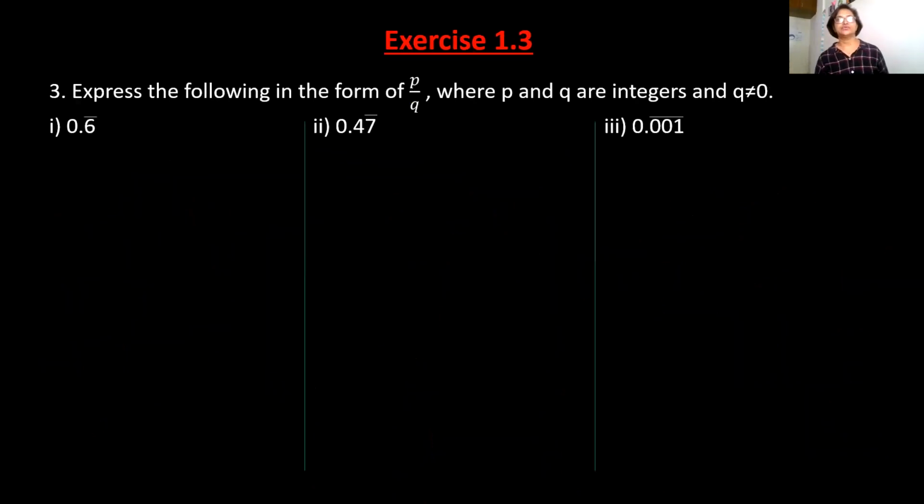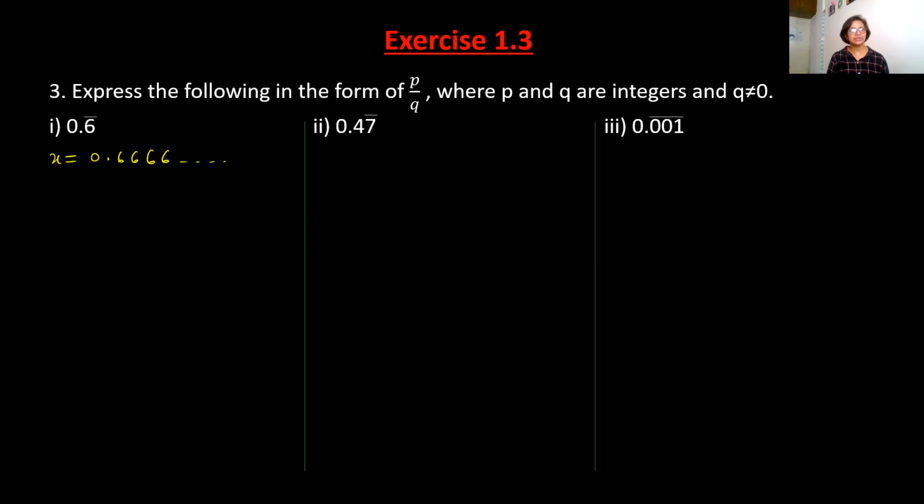Now what we have to do, we have to write these sums which are in decimal form, decimal expansion. These decimal expansions, you have to find in the form of P upon Q. So what we will do, we will go ahead. First thing, what does it mean? Bar means this number is repeating, right? So we are letting x equals to 0.6666. Here the number 6 is repeating.